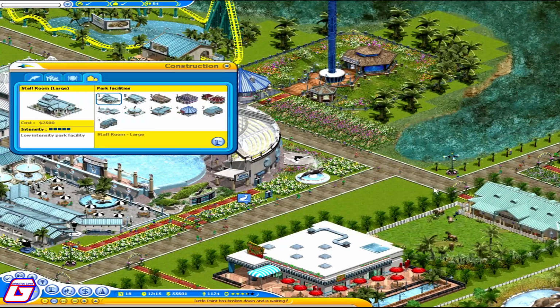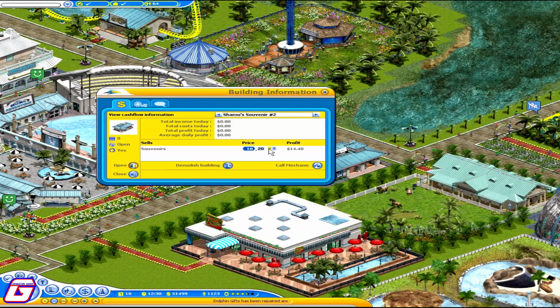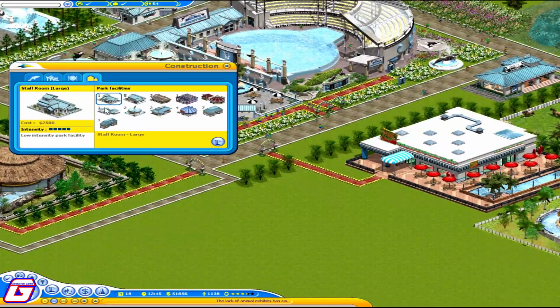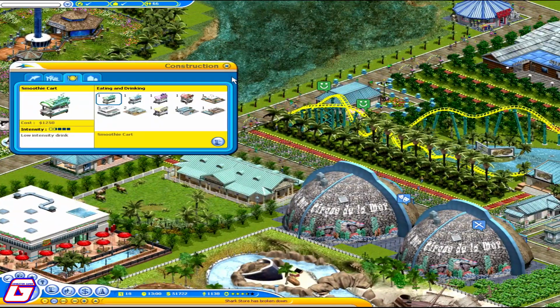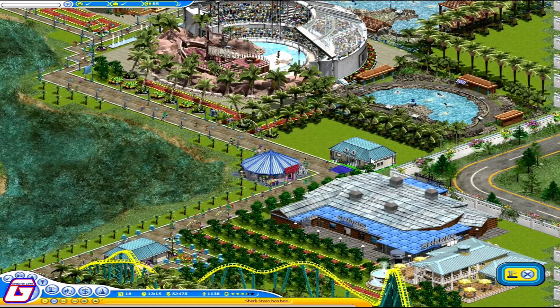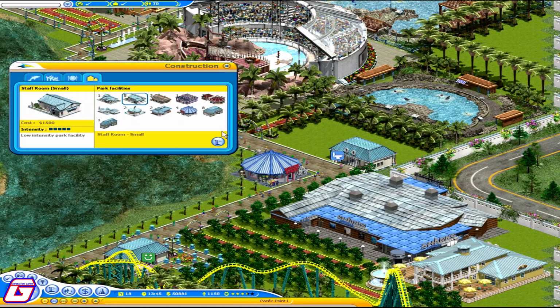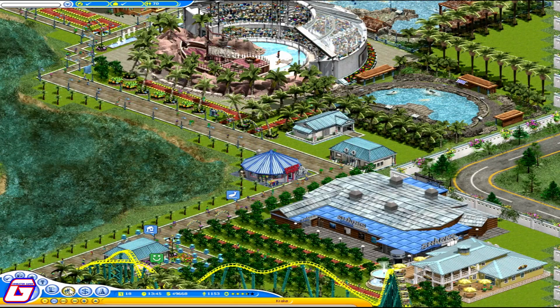Also go ahead and let's see, what else do we have over here that we can put? We'll put another Shamu shop right there because why ever not? Might as well. Just really build up the park's reputation and everything. Get people coming in. We got more people working and whatnot. Let's see here. We got a pretty sparse section through here without a bathroom, so we'll go ahead and put another one down here just so there is one. We'll also go ahead and put down another worker's shack right there, and we'll run the path